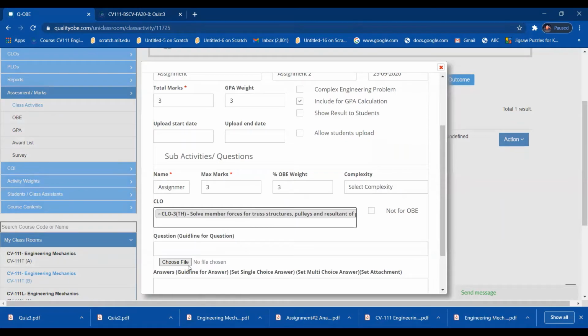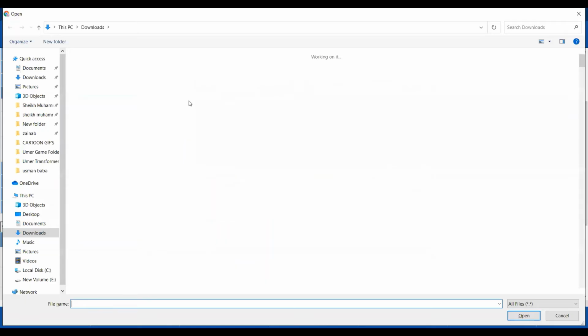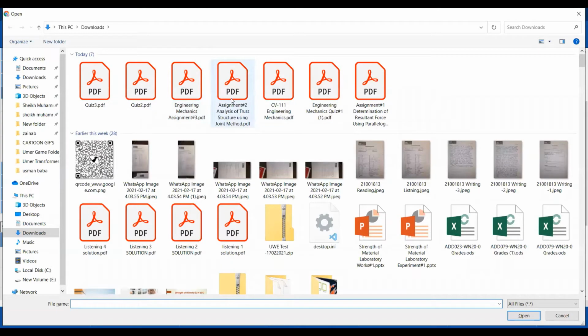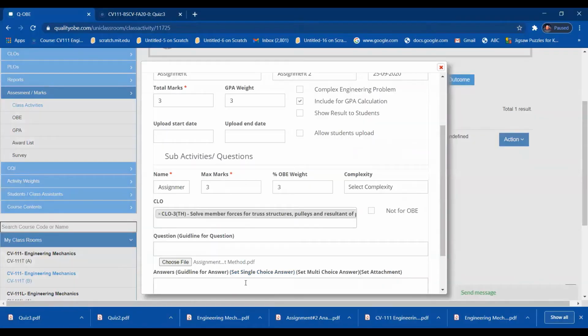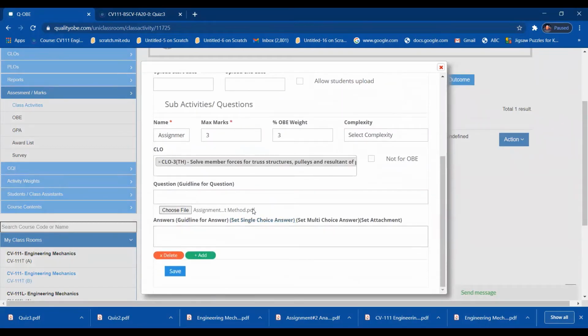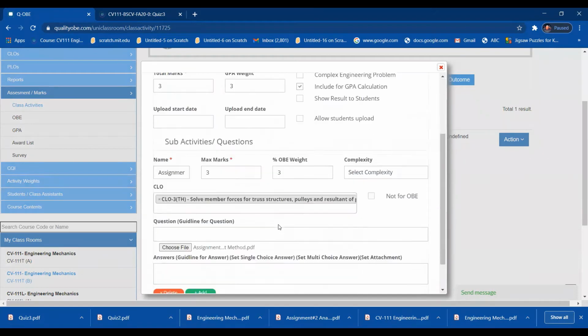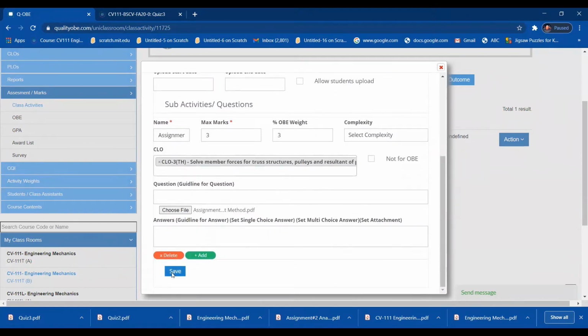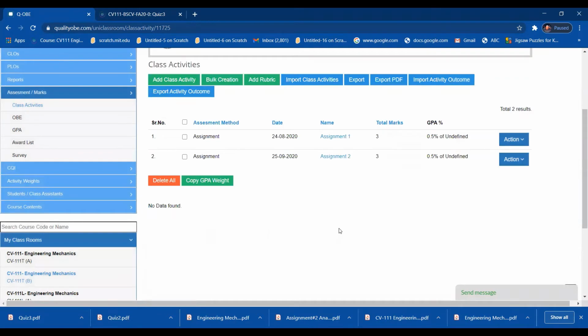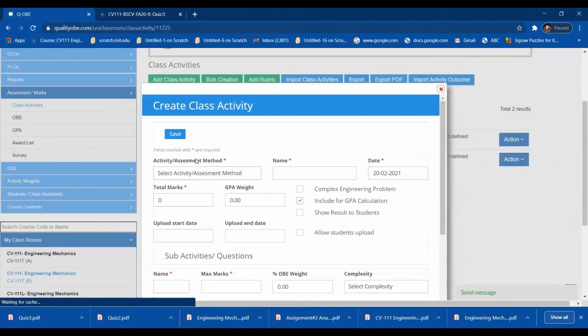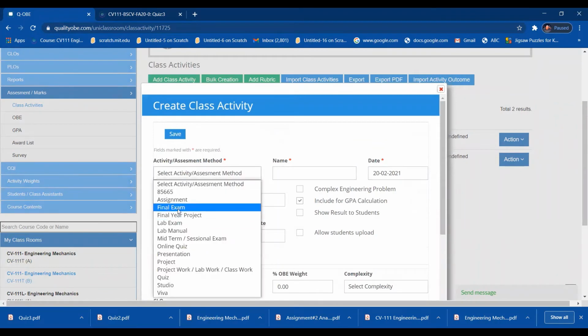And now I have to choose the file. I have already downloaded all the files here. So this is assignment number 2. I have to click on this, and it must be in PDF format. I have already given the GPA weight, and this is saved. Done. Assignment number 2 is created right now.